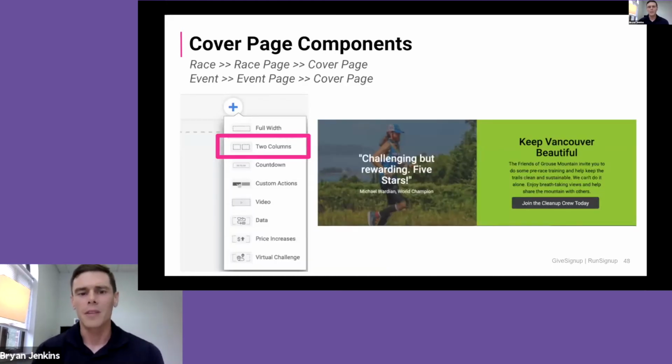So one of the other things that I really like is the two columns. You can see here on the left-hand side, it's challenging but rewarding, 5 stars. And that's from Michael Wardian, who's a world champion ultra runner. And then on the right-hand side, you've got a clickable button. So you can have those types of visual cues for someone who's evaluating whether they're going to be interested in